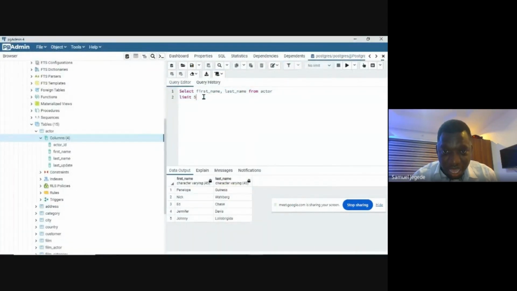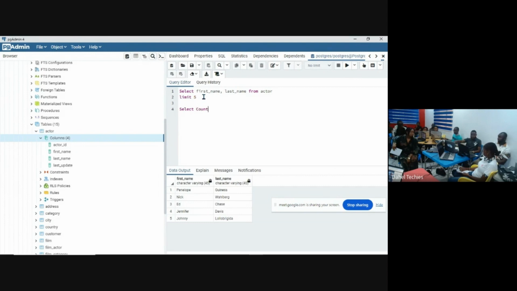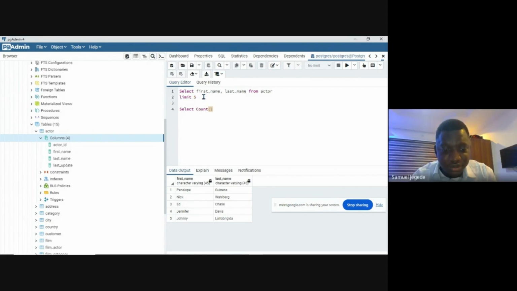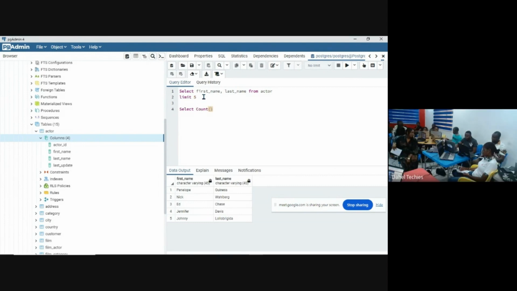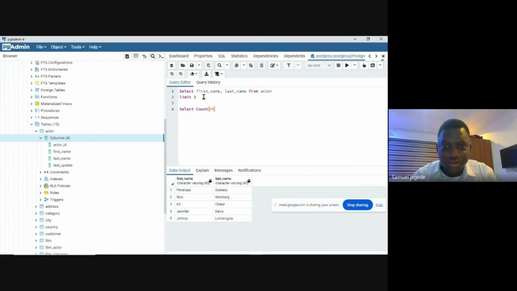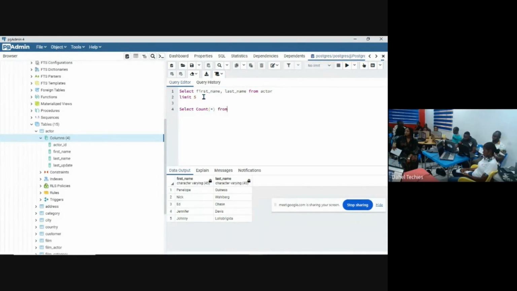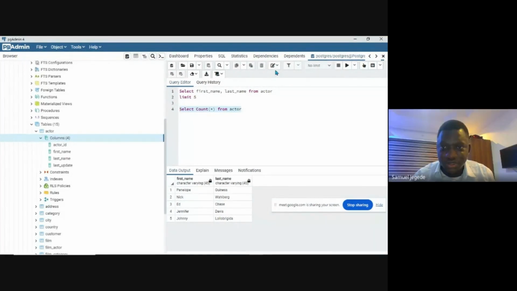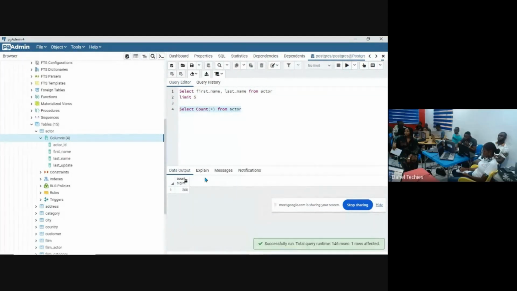Let me now do it. I'll just say select count, I want to know how many there are, from actor. So let's do this. 200.